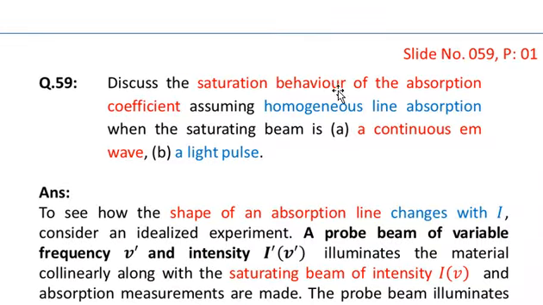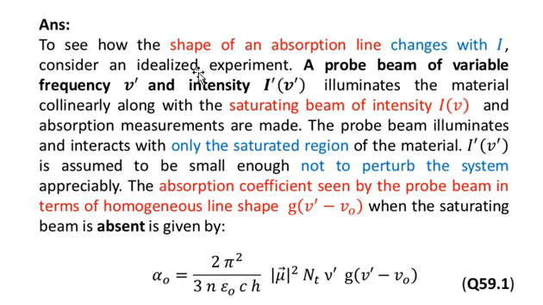Question is, discuss the saturation behavior of the absorption coefficient assuming a homogeneous line absorption when the saturating beam is a continuous electromagnetic wave. The second case is when the saturating beam is a light pulse. The answer is, to see how the shape of an absorption line changes with the intensity of the input beam,